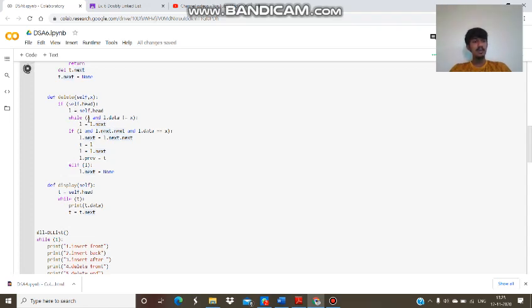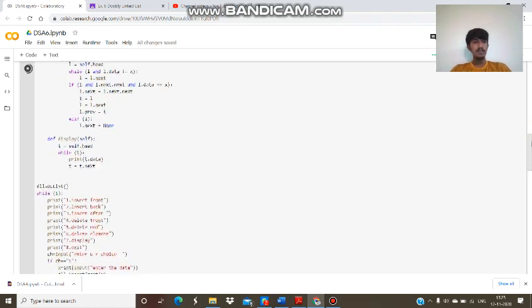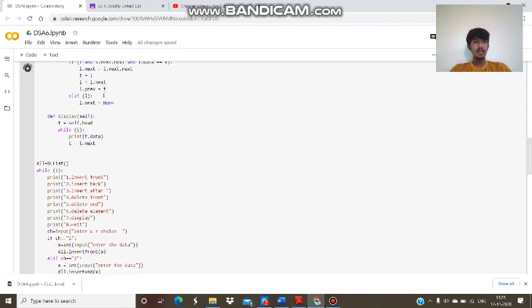Then we are using an if statement: if l and l.next and l.data is equal to x, l.next is equal to l.next.next. Else l.next is equal to None.